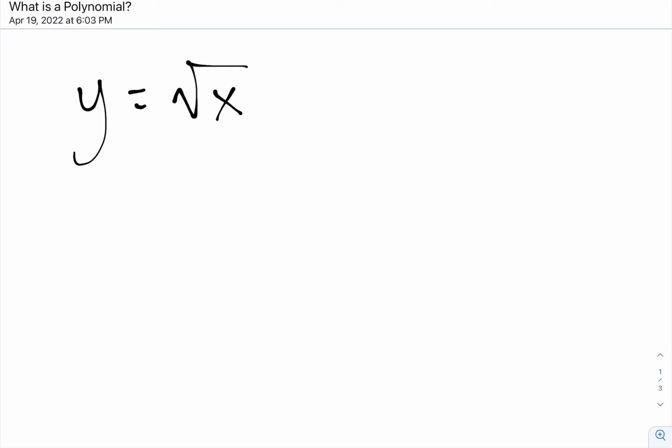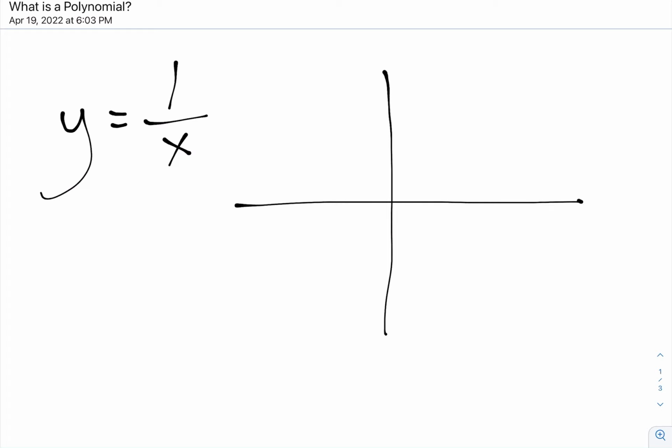Okay, you might be dealing with something like a rational function. So y equals 1 divided by x, where x is on the denominator of the fraction. And this is a funky looking one. It's going to look like this when you graph it. Kind of two weird curves going in opposite directions, okay? So there's different types of functions that we can work with, and in this video I'm going to focus on